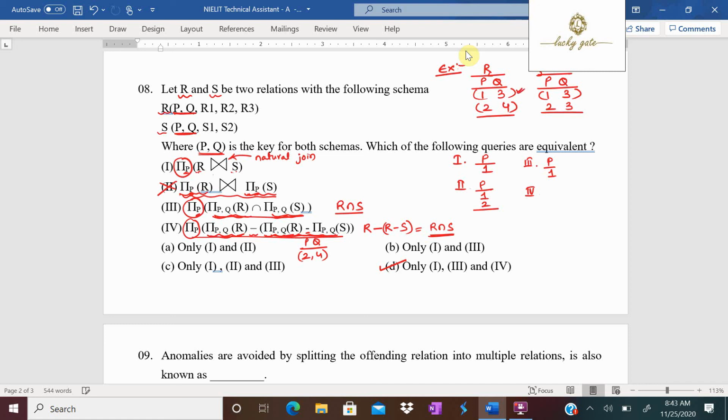1, 3 is there in the first instance but not in the second instance. But 2, 4 is there in both the instances. So what is going to be selected? 1, 3 is going to be selected. From them, it is projecting pi. P. What is P? It is for the selected tuple 1. Observe friends, here in all 1, 3, 4, it is giving the same output but not 2. So the answer for the question is option D. I hope you can easily understand these answers.